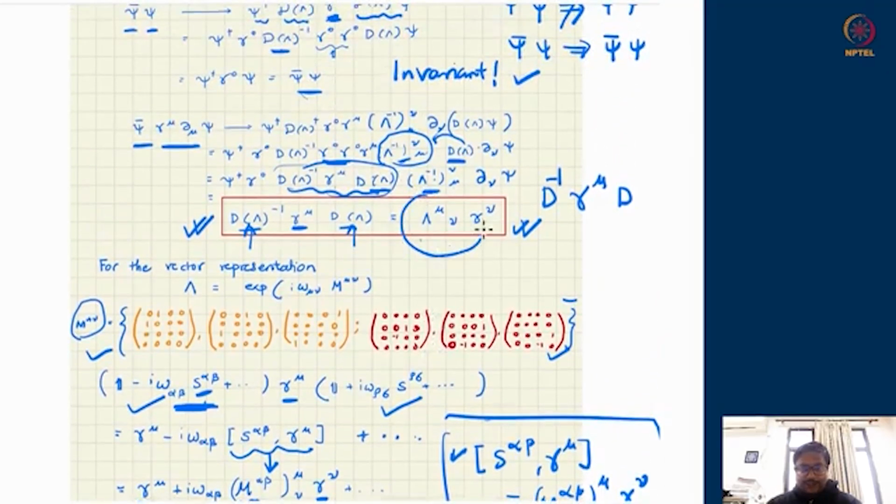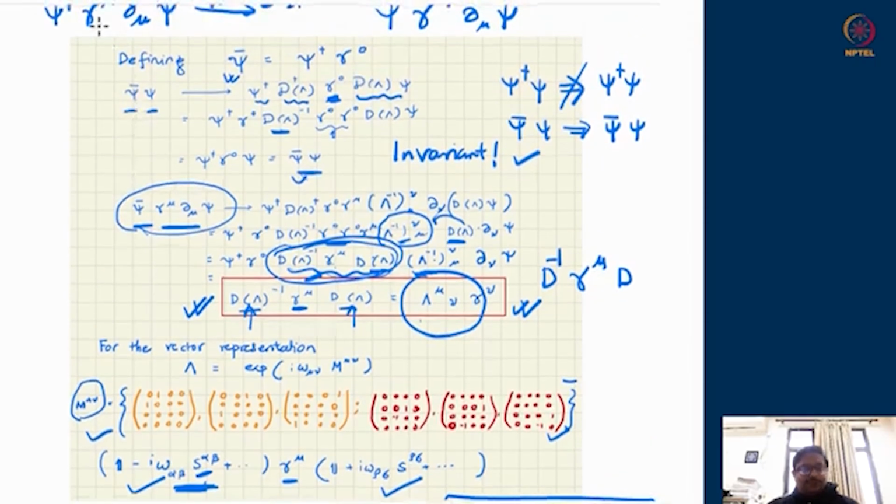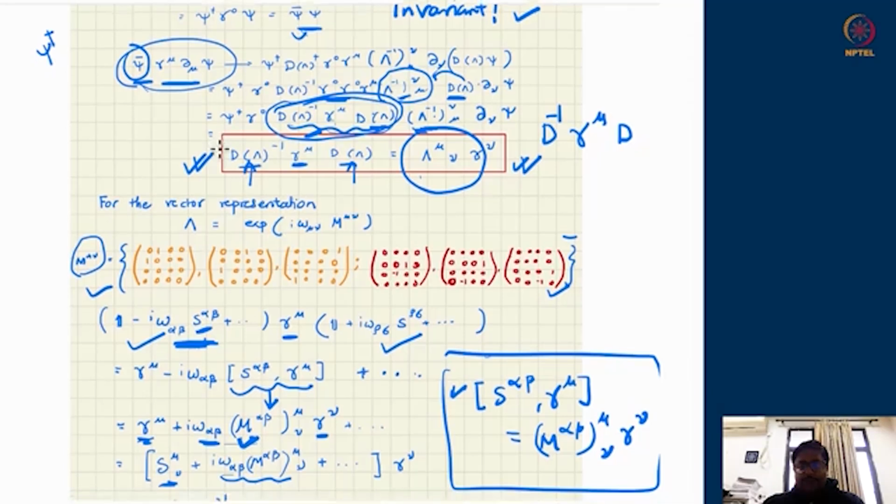To sum up, ultimately, if this identity is true, then you can go back, use this identity over here. Therefore, this will become a lambda mu nu gamma nu, and this lambda mu nu and lambda inverse nu mu will give me an identity matrix. They are inverses of each other, and you can prove from there that psi bar gamma mu del mu psi again is a Lorentz invariant quantity like psi bar psi. So therefore, both the pieces, previously both of terms were appearing in the Lagrangian of a Dirac particle with psi dagger. Here it was psi dagger and here it was psi dagger. Those things were not Lorentz invariant, but I corrected them to psi bar rather than psi dagger, and ultimately all these things fell into place, and I have a